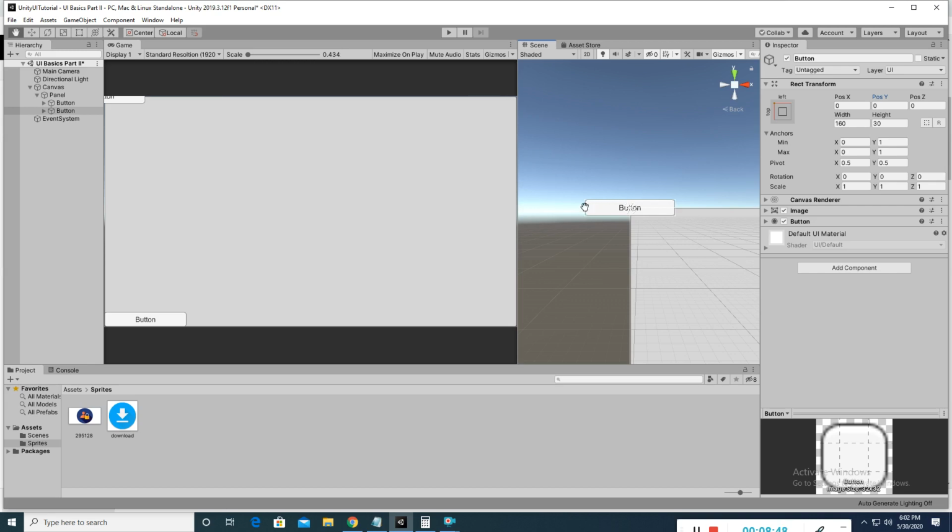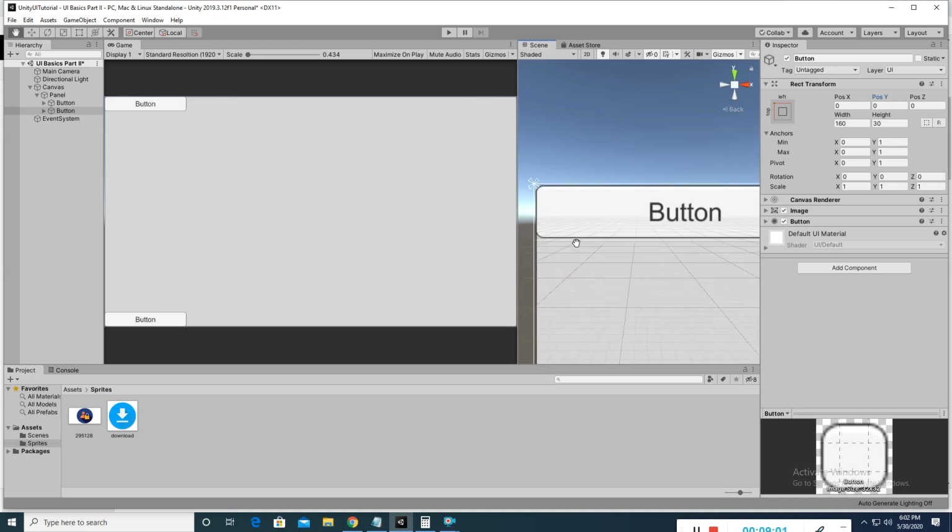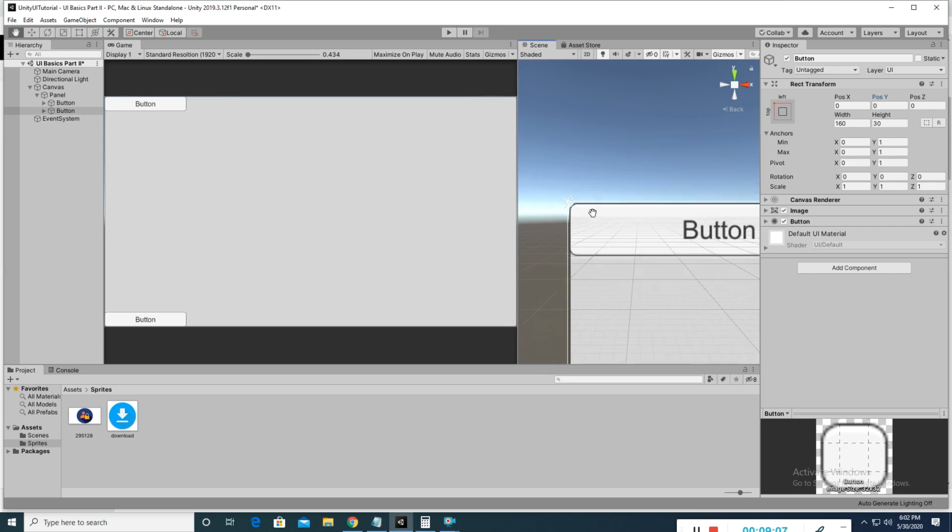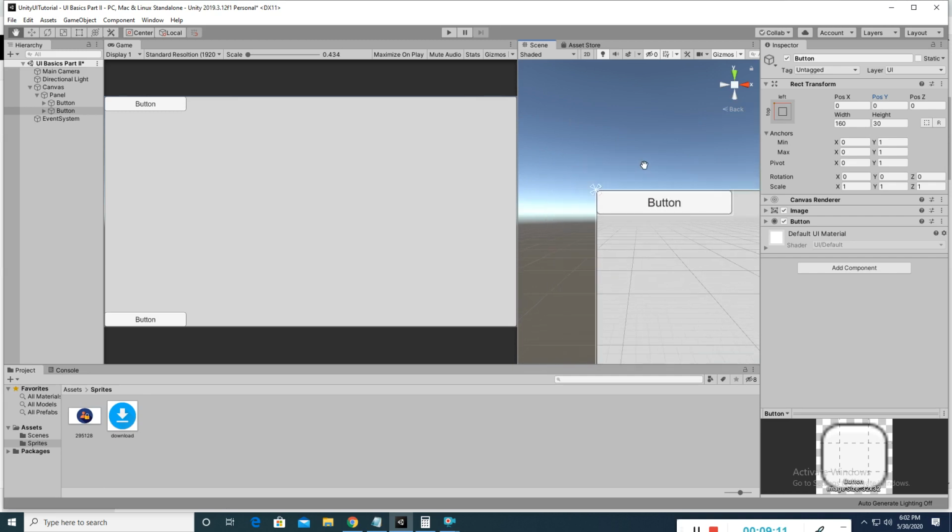I want to make the pivot point here, so x will be 0 and y will be 1, so it will come like that. Now I modified the pivot point of this button, with respect to this anchor point. Every element has its own pivot point and its own anchor point. You can set it as per your requirement.